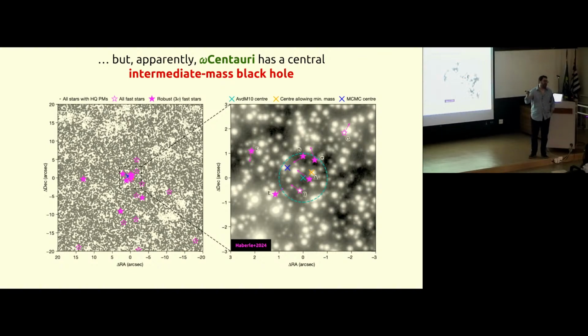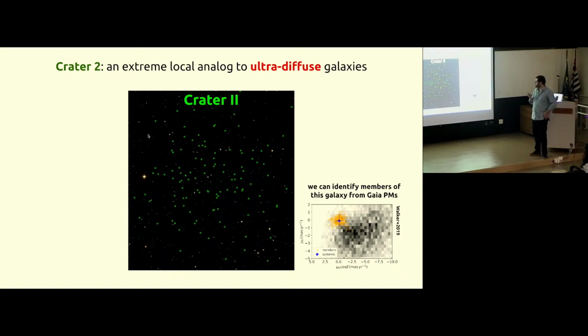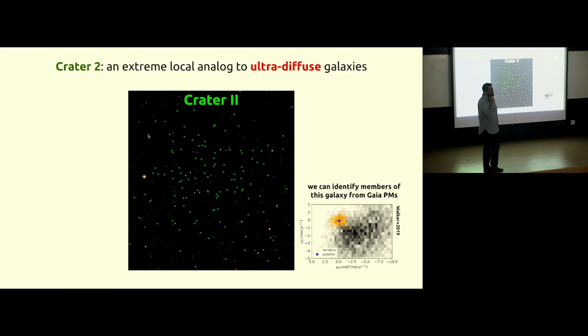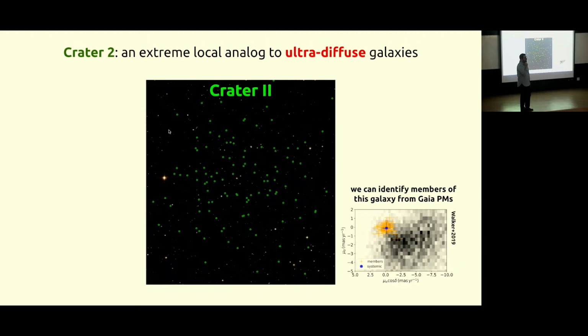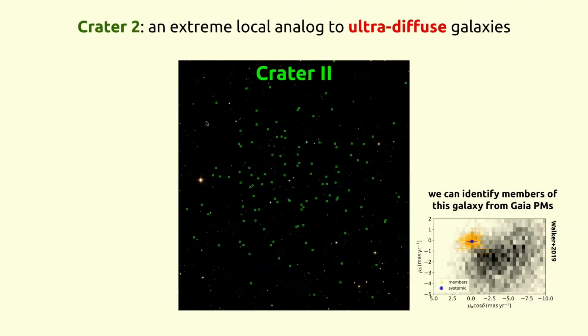Okay. But maybe if instead of 20 years of baseline we have 50 years, we're going to have something. Okay. And about the Crater 2 galaxy, can you measure the rotation of it? Does it have some measurable spin? It apparently does not have any rotation. However, you can measure the velocity dispersion. And the velocity dispersion really supports the scenario where this galaxy just lost a bunch of its dark matter halo.